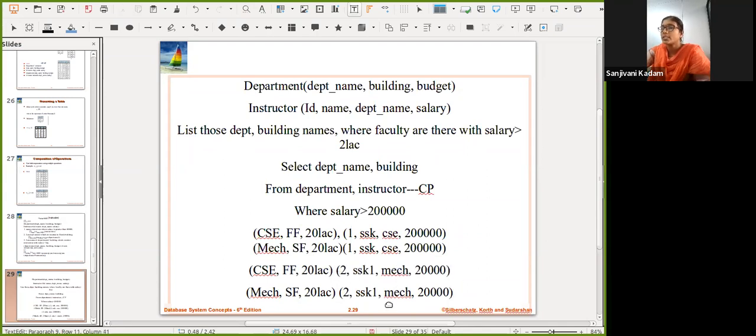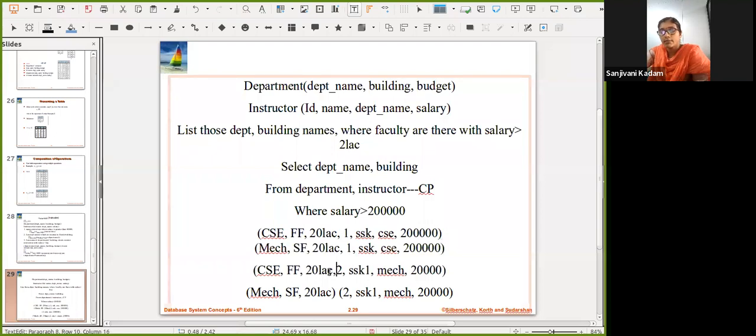So these are the tuples. One mechanical faculty got associated with CSE department as well as mechanical department, and this faculty from the CSE got associated with CSE as well as mechanical. So this will be my complete Cartesian product, and hence this will be my output of the given query,